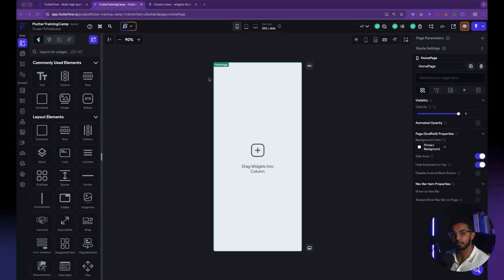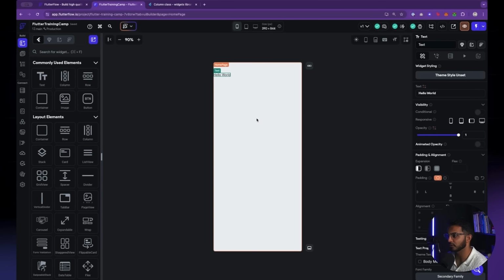Okay, so let's build a very basic app where it's like a multiple choice question for a quiz. Let's think about cloning something like Quizlet, right? So I'm going to lay out a text object here that asks a question, and then we will have a set of options that the user can tap on, like a multiple choice test. The first thing I'm going to do is drag a piece of text onto the column, and I'm going to explain to you how properties and alignment and layouts work. So the first thing I want to do is change this hello world to a question, like, what is the capital of the United States?